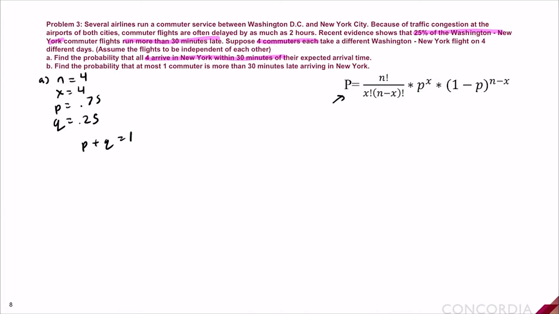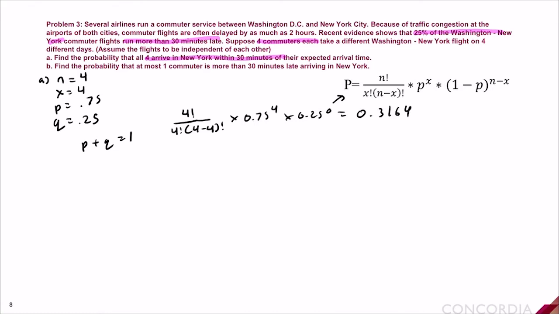Now that we have all our variables, we can simply plug it into the equation and get our answer. And that gives us an answer of